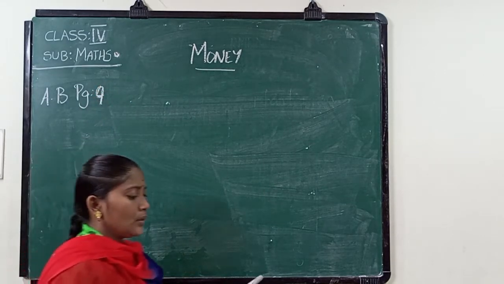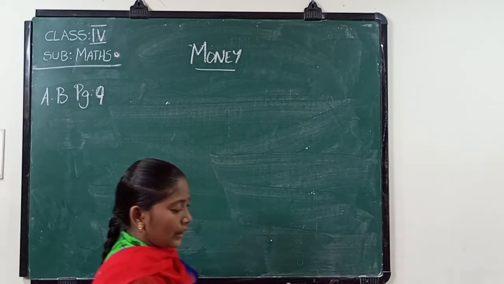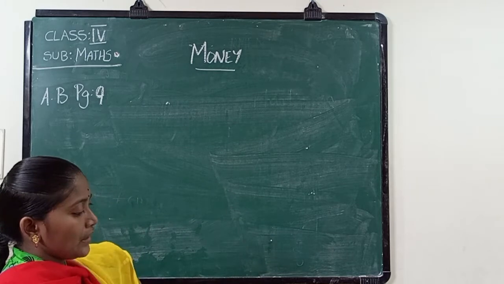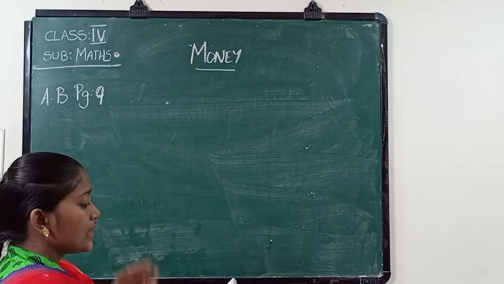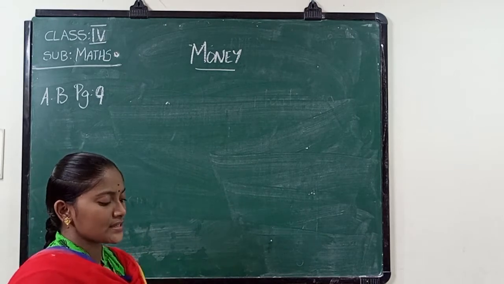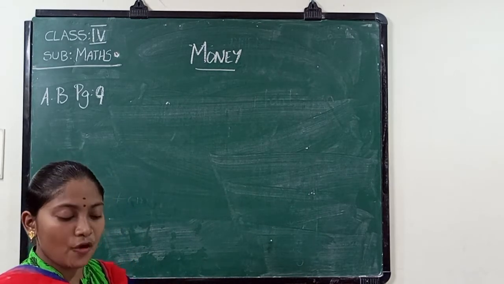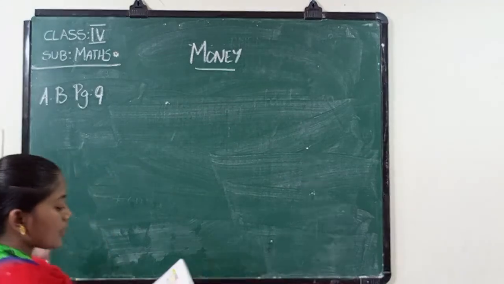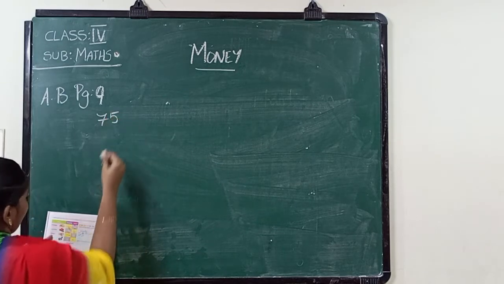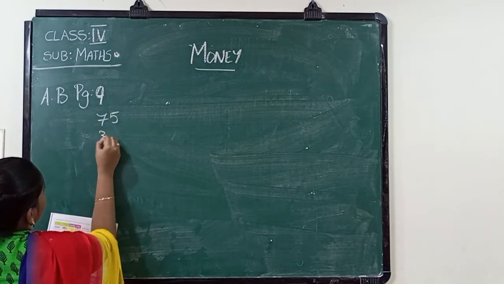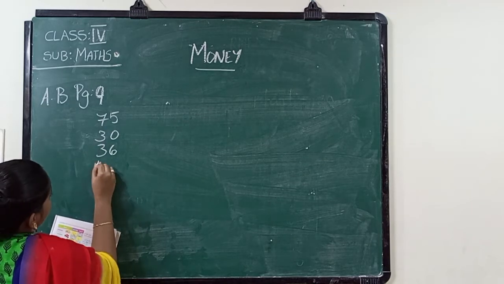See the first one. What are the grocery items they gave, and we have to find the answers to the corresponding questions. What is the first one? Potatoes 2.5 kg 75 rupees. Tomatoes 3 kg 30 rupees. Onions 1.5 kg 36 rupees. Brinjal 1 kg 48 rupees. So the total cost is 75 plus 30 plus 36 plus 48.